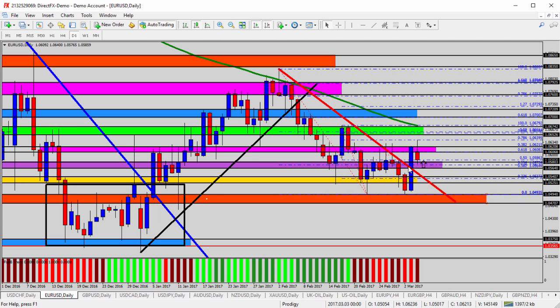Interesting here, though, is that we are above the red trend line. The red trend line doesn't really matter how you draw it, whether you draw it for this low down here and you put it like this, or you draw it for this high right here and you draw it like this. Either way you look at it, we're above the red trend line and the purple shaded area. That purple zone is 1.0580, 1.0565. So as long as it's above there, I'd have a difficult time going short in the direction of the trend,